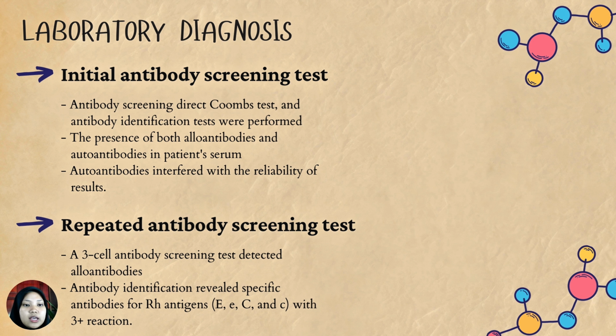The second test, we did a repeated antibody screening test. A 3-cell antibody screening test detected alloantibodies, di mana antibody pesakit akan attack antigen daripada donor. Antibody identification reveals specific antibodies for rhesus antigens, which are capital E, capital C, and small c, with 3 plus